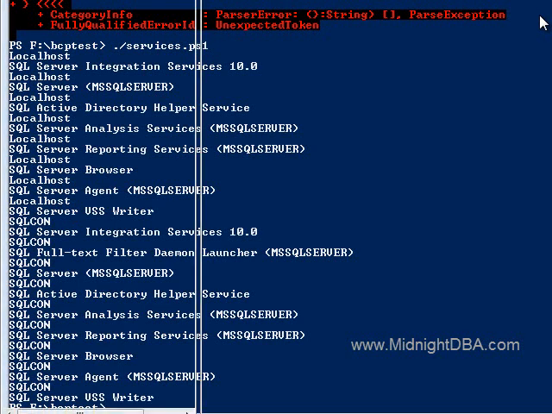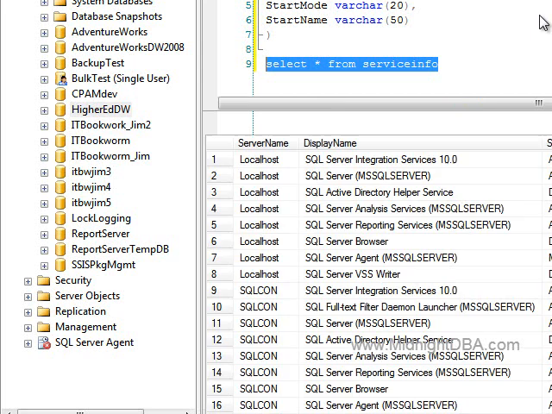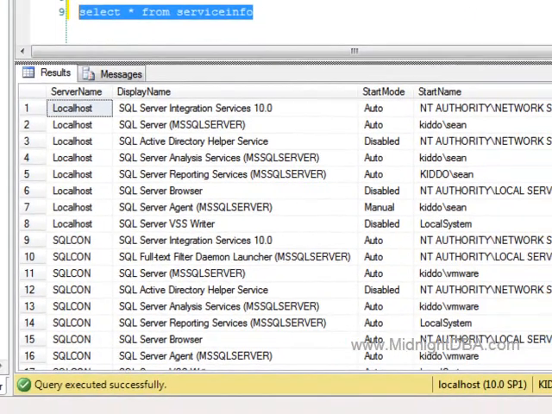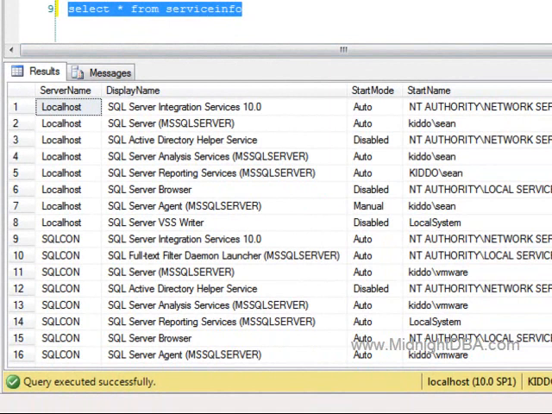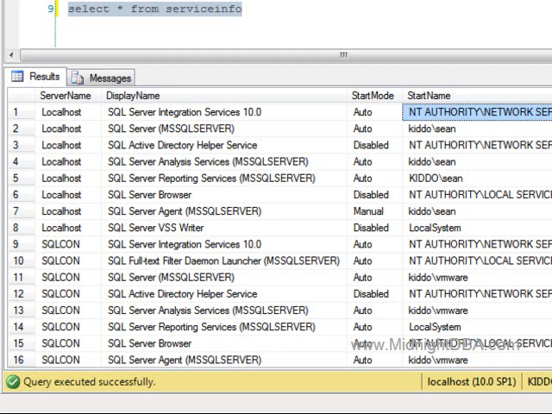And if we did it right, we should have data in the database. Let's say select star from service info. Good. Look at that. That is just beautiful. So now we've got all of these guys here, and now it's just a simple query to find out how many services or how many computers have, say, this one or this one started, right? If you've got a lot of boxes, this is really, really useful, because this is a really huge